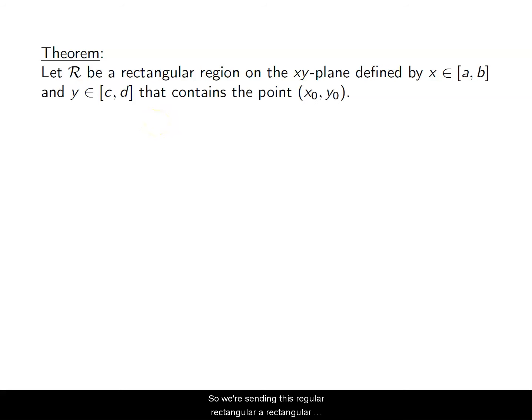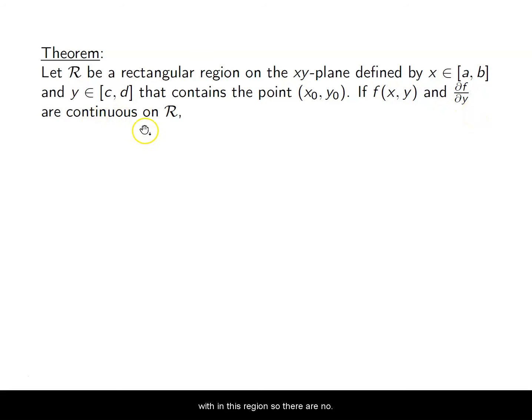So within this rectangular region, we have a point which we'll call x naught, y naught. This represents our initial value, our initial conditions. When I plug in x naught into my DE, I get out y naught, right? If we have a function f in terms of x, y, and the partial of this function with respect to y is continuous within this region, so there are no point discontinuities, there are no jump discontinuities, it is a continuous function